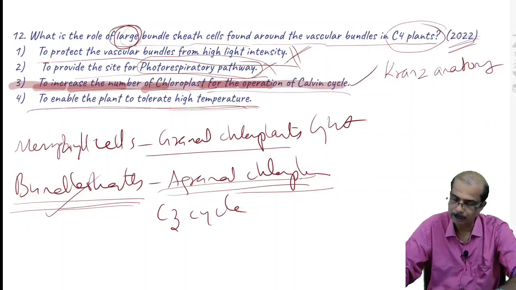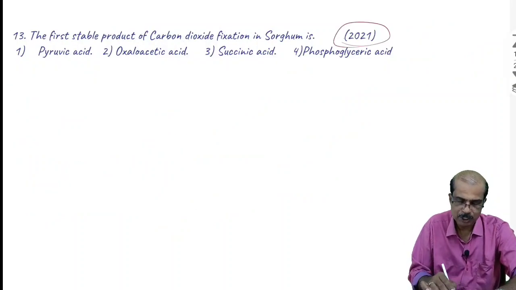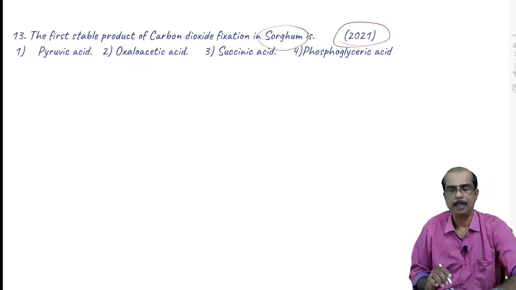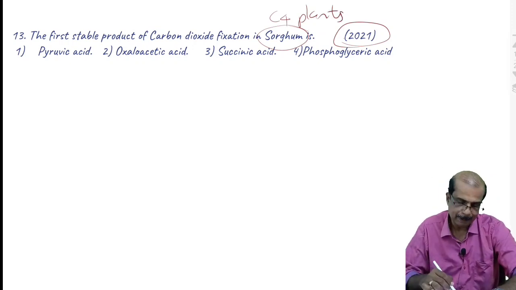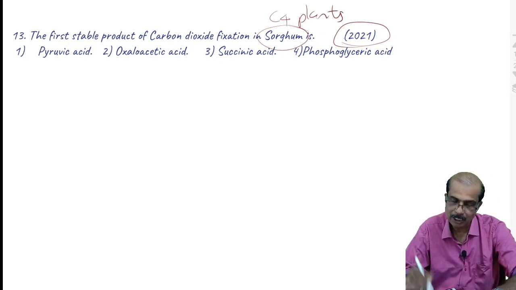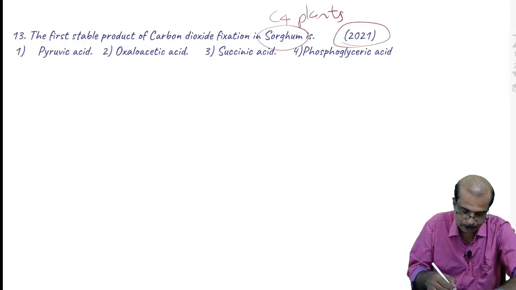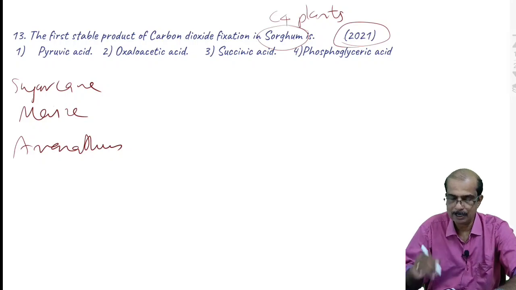What about the next question, asked in the 2021 NEET examination? The first stable product of carbon dioxide fixation in sorghum. It's an indirect question. Sorghum is a C4 plant. So the question can be read as the first stable product of carbon dioxide fixation in C4 plants. What are the other examples of C4 plants? Sugarcane, maize, amaranthus. These are also C4 plants